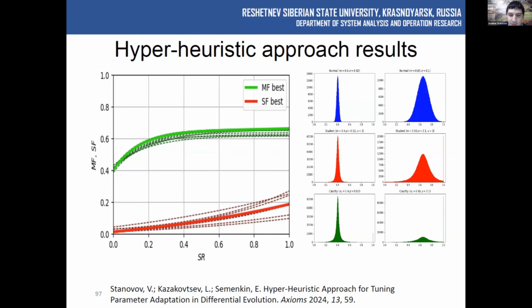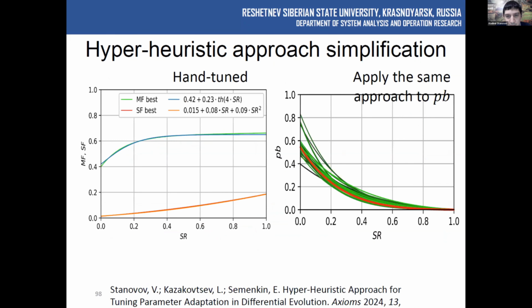And the interesting part here is that at the very beginning, when differential evolution was proposed, some theoretical studies have shown that you don't need F lower than 0.4. This is bad for the research process. And you do not need F more than 0.7 or 0.8. And this is exactly what we got with the hyper-heuristic approach. So we tried to tune the parameter adaptation technique, and it resulted in what the theory predicted like 20 years ago. So the same can be applied to any other parameter, like